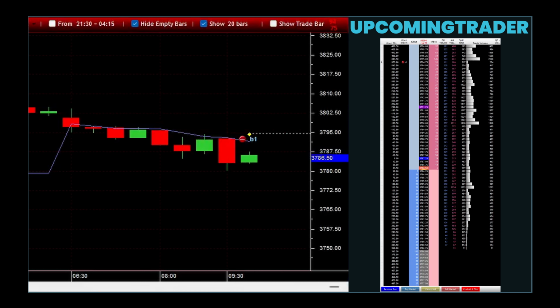One effective use of the three white soldiers pattern can be seen in a case where a trader identified this pattern at the end of a prolonged downtrend in a tech stock. The stock had been declining for weeks due to a market sell-off. Upon spotting the three white soldiers pattern, the trader entered a long position at the close of the third candlestick,